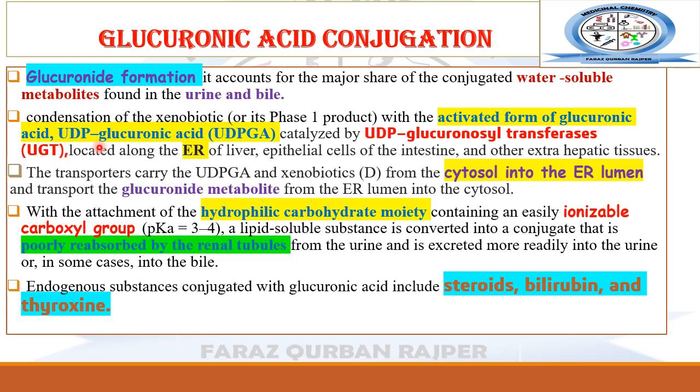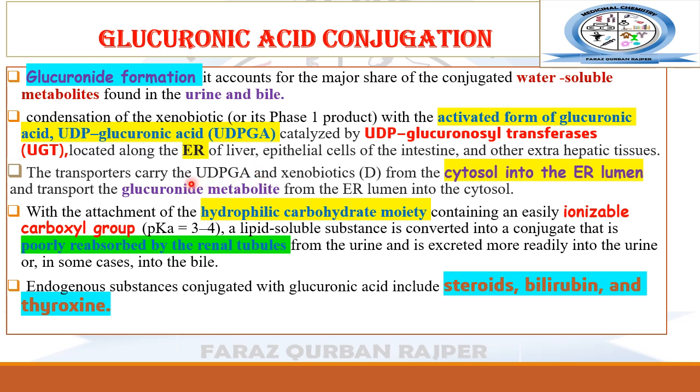will occur, that is the UDP glucuronic acid. And this condensation or conjugation is facilitated by the UDP glucuronosyl transferase enzyme. This glucuronosyl transferase enzyme is mainly located in the endoplasmic reticulum of the liver, epithelial cells of the intestine and the other extrahepatic sites. So the important point to note here is that glucuronic acid conjugation can occur in both